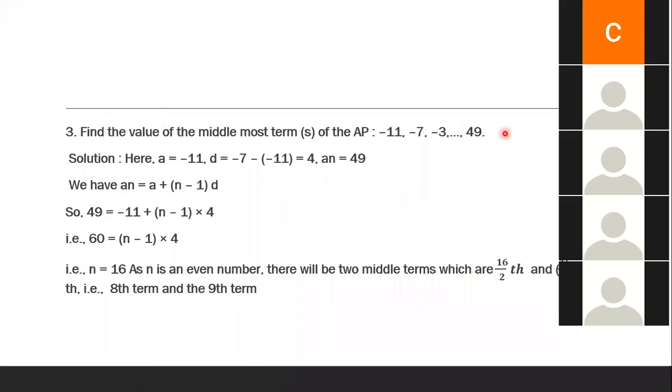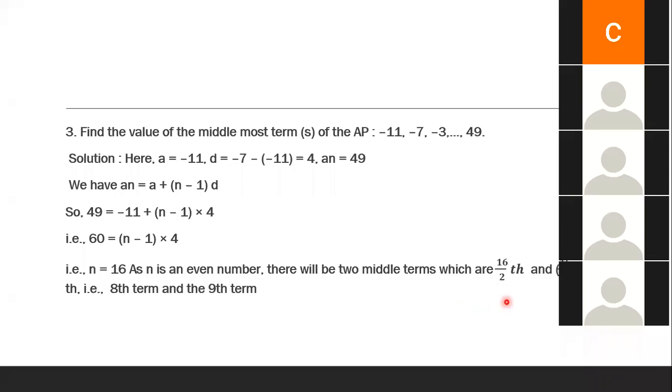When the number of values is 16, how to find the middlemost term? So n by 2 and n by 2 plus 1th term. If you find the average, you'll get the middle term, children. If the number of observations is odd, we easily get the middle value. If the number of terms is even, there are two middle terms, so in statistics for the median, if the number of observations is even, we use the n by 2 and n by 2 plus 1th observation. Am I clear, children?